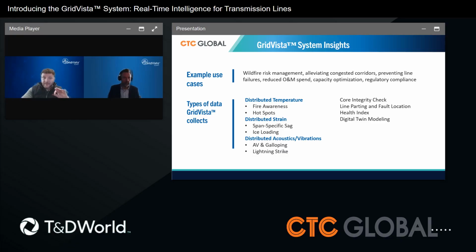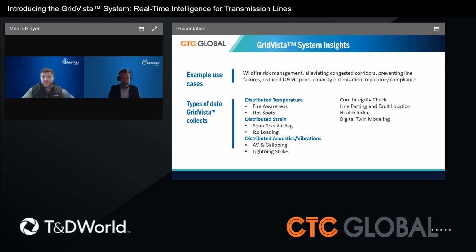When behavior is observed directly, a different class of insight becomes possible. Thermal insight reveals true capacity available in bottlenecks, giving you insight in a distributed manner as to what the temperature on the line is or what the strain on the line is. Mechanical insights capture strain, sag, vibration, and structural loading, often early indicators of risk. Environmental insights show how weather and terrain interact with the line in practice, not in abstraction.